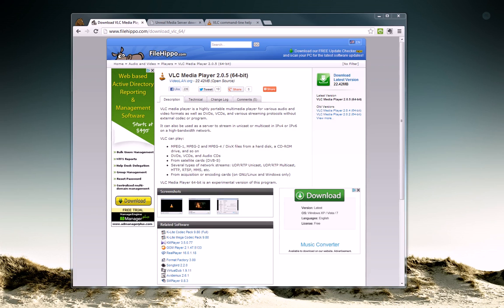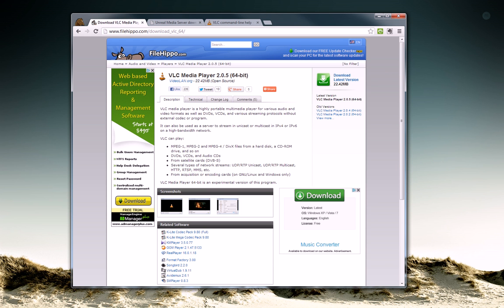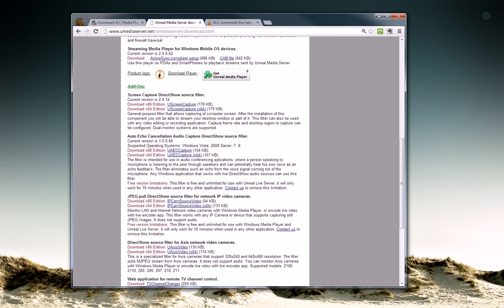Okay, step 1. Go to FileHippo, download the latest version of VLC Media Player, 32 or 64-bit depending on what operating system you have, and you can find that by hitting the Windows key and Pause, and this lovely window comes up and tells you right about down here in the middle what type of system you have, 64-bit or 32-bit. Alright, now install that sucker, and while you're doing that, go to